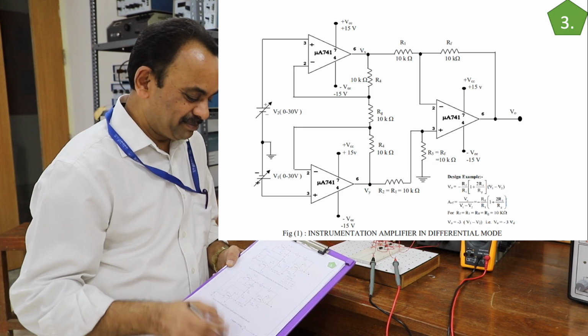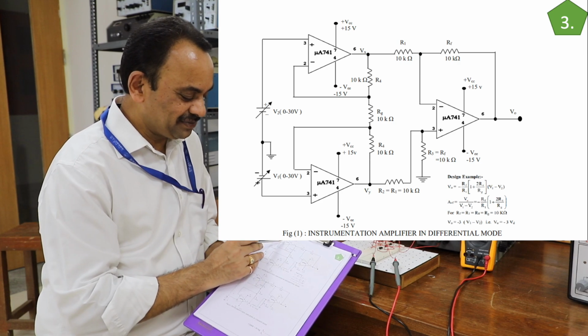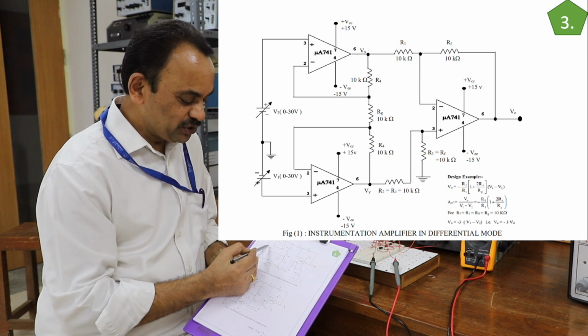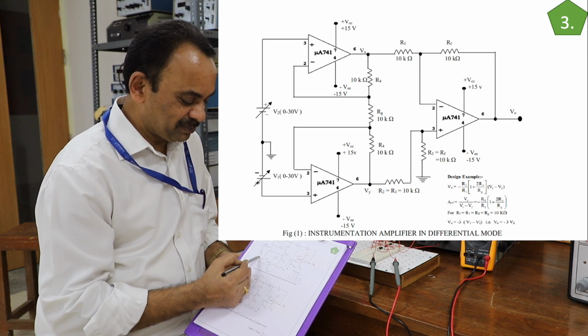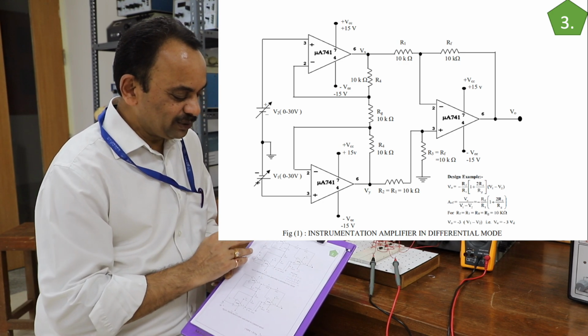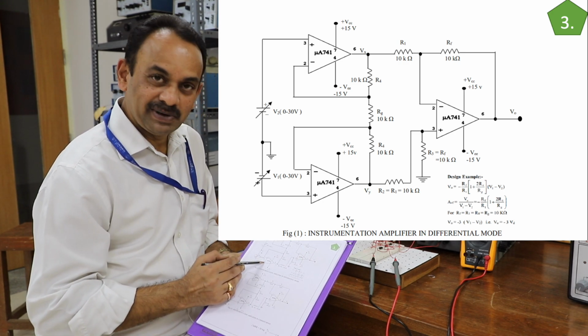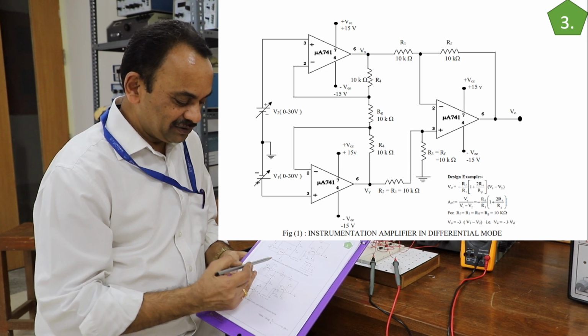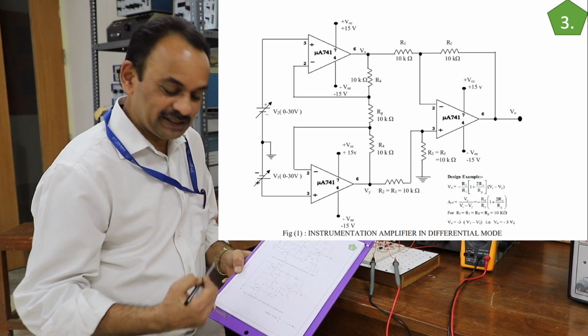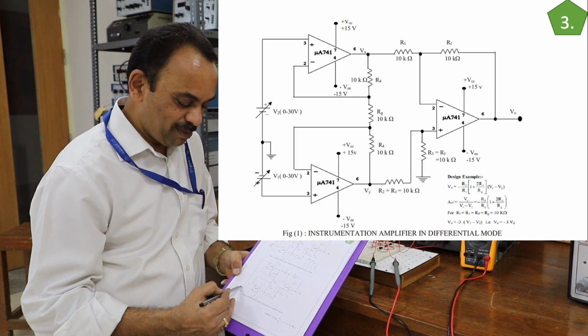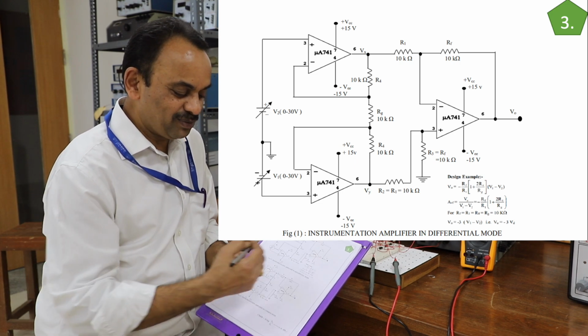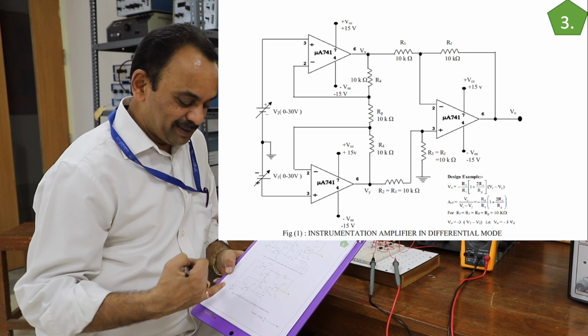So I have two circuits here. They are typically the same, but the difference is as follows. For the first circuit, as you can see here, I have used two power supplies, power supply 1 and power supply 2, only to create a differential voltage to be applied between this plus and this plus. And in the second circuit, I have shorted both the plus inputs of the instrumentation amplifier, which are being given one common input voltage, just to demonstrate what output voltage I get when I apply a common mode signal.